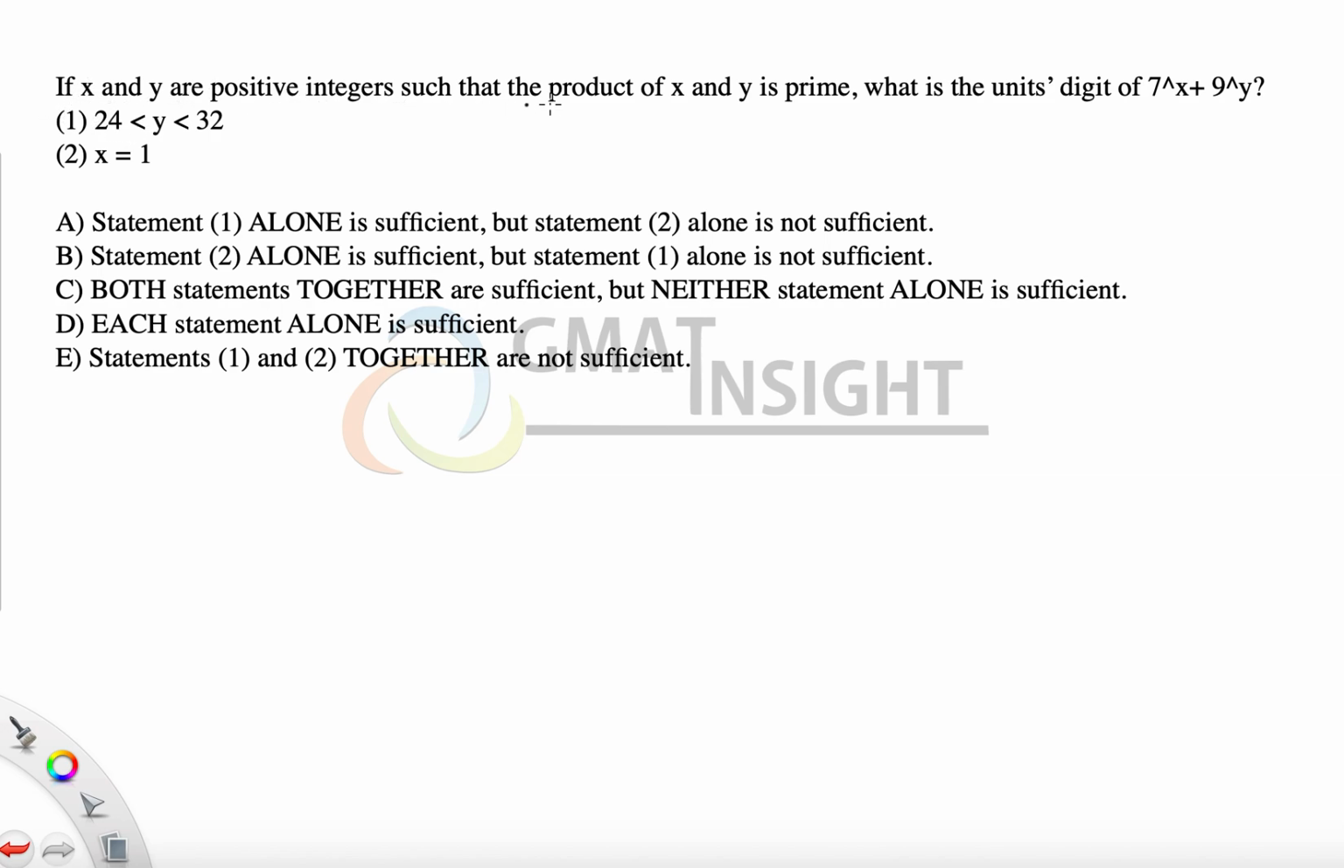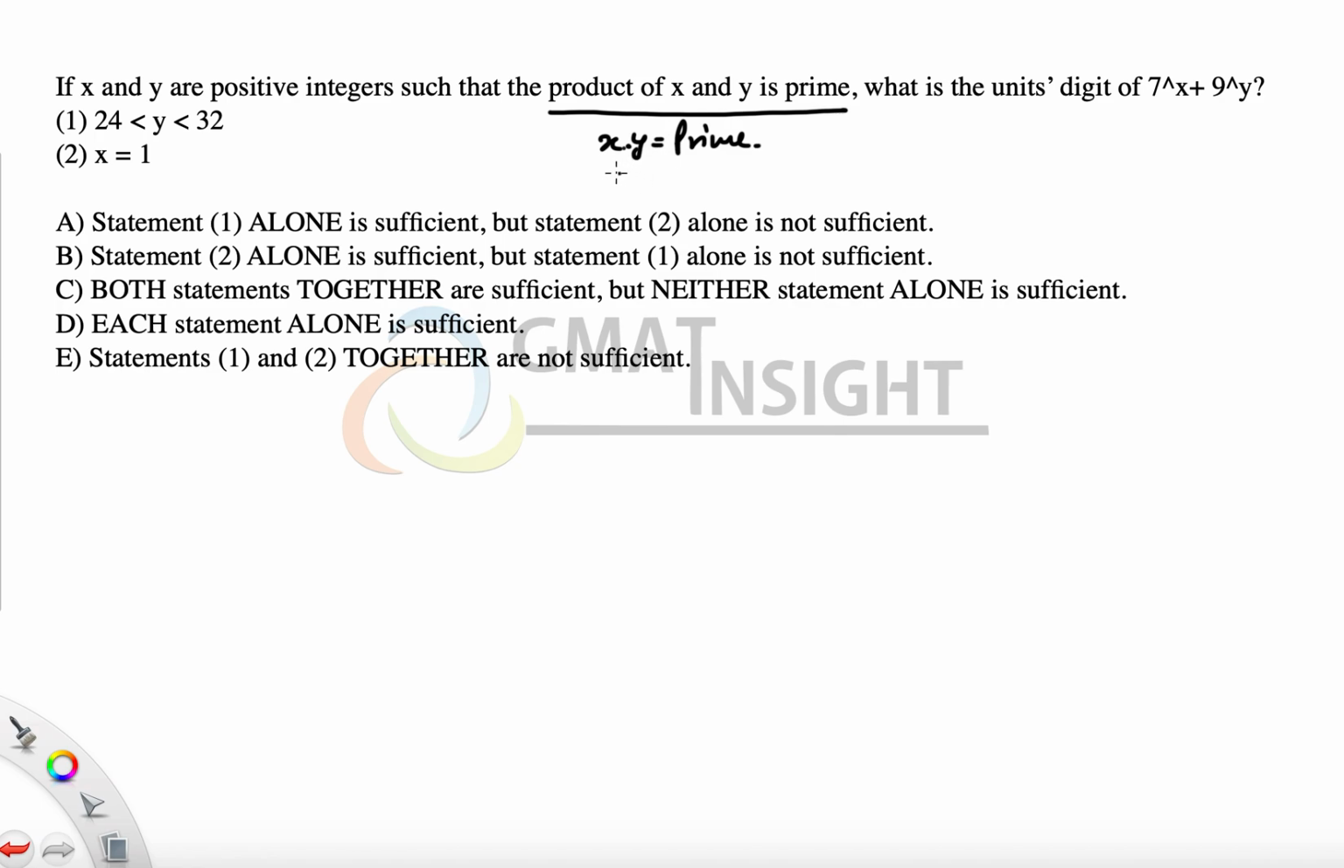If x and y are positive integers such that the product of x and y is prime. Now, x into y is prime. How is it possible that the product of two numbers is prime? Prime numbers have exactly two distinct factors, one of them is 1 and the other one is the